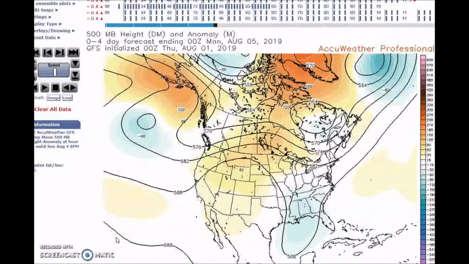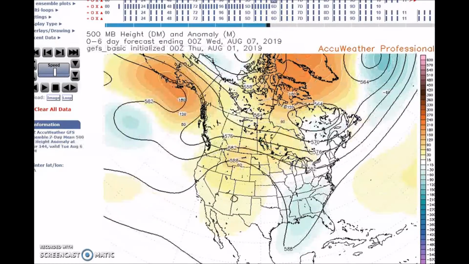Welcome to the long-range weather forecast discussion for August 4th to the 16th, starting with August 4th to the 8th. This is what we're expecting the pattern to look like. We're going to have a ridge over the Aleutians or Alaska area, and we're also going to have a ridge here over the western U.S. The models differ in the strength of the ridge, but we're expecting a ridge across the southern Rockies. And we'll have a trough in the east that'll be centered over the northern Gulf of Mexico.